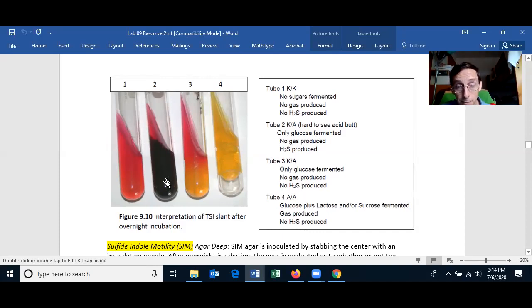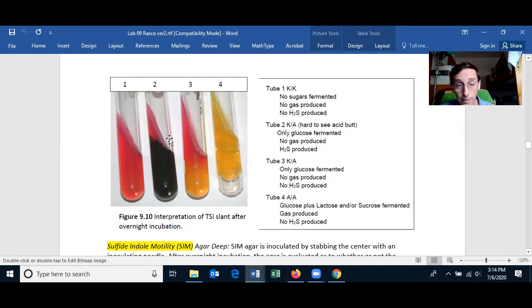But on the butt, the growth of the bacteria is slowed down because it performs anaerobic respiration, and it can perform aerobic respiration. You don't need to know about that. But the point is, if it's red on the slant and yellow on the butt, then only glucose is fermented. The glucose was fermented here and it initially turned red, but by the end of the test, all the glucose was used up. And then the bacteria start